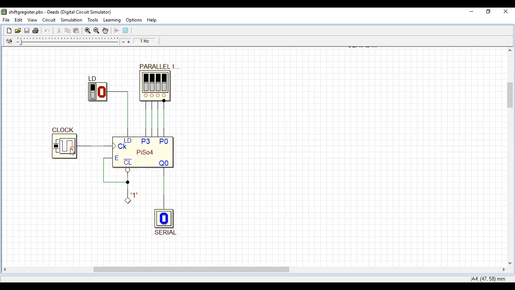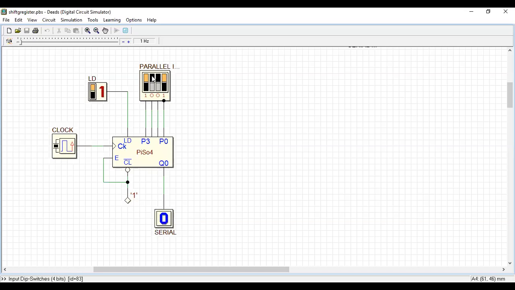Now for all the clock pulses, your output will be 0 only. This is my input, so we will check it with this one. Now all the flip-flops inside the shift register are filled only with zeros, according to the old output.